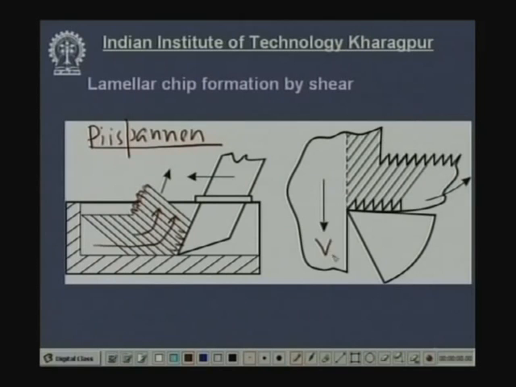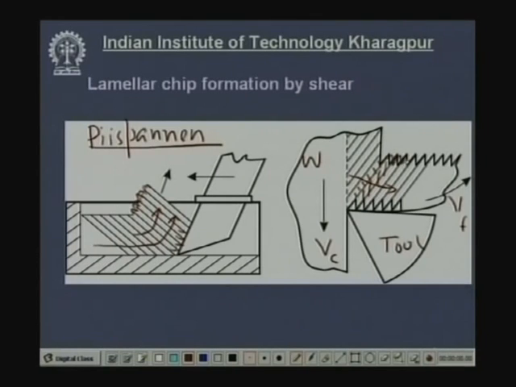This is the cutting velocity Vc, and this is the chip flow velocity Vf. This is the tool, and this is the work, and this is the uncut layer of the chip. Now, here is a layer of the chip. You see this layer. This could go straight in this direction in absence of the tool, but because of the presence of the tool, this layer will go into this direction and occupy this position. So, this layer is shifted.